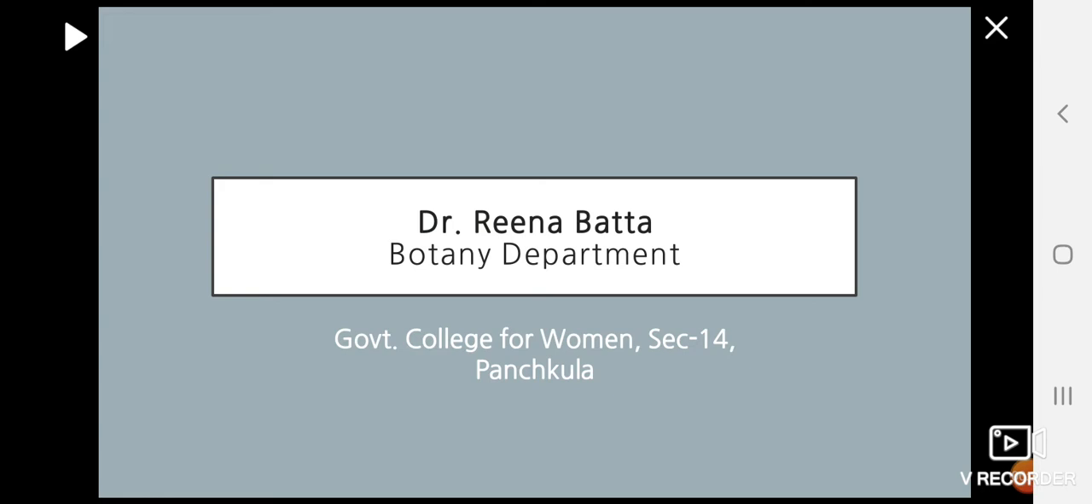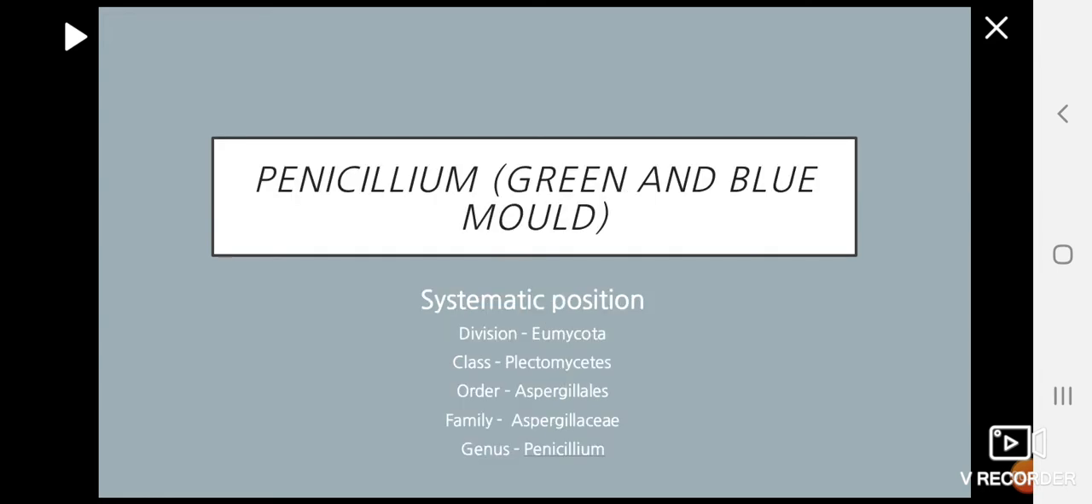Today, I'm going to discuss Penicillium. Its common name is green and blue mold. First of all, we'll discuss the systematic position of Penicillium. It belongs to division Eumycota, class Plectomycetes, order Aspergillales, family Aspergillaceae, and the genus is